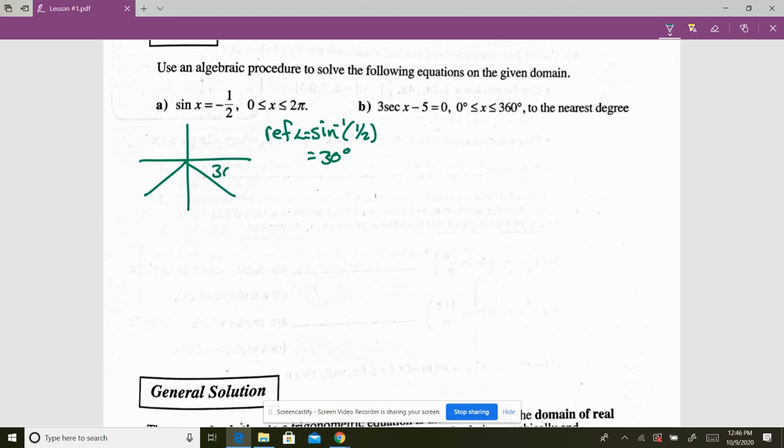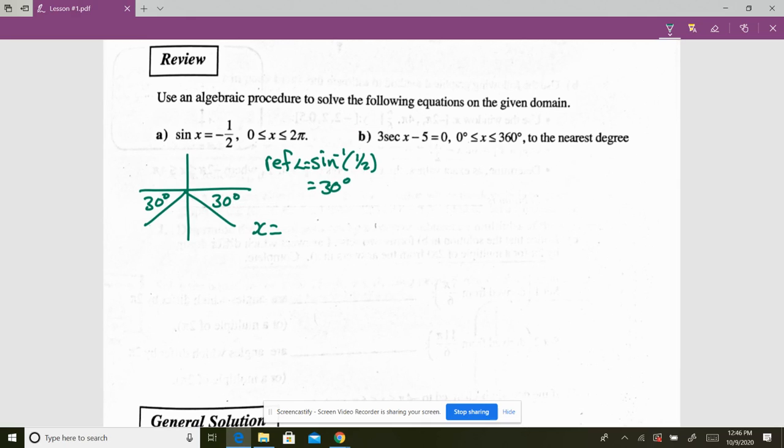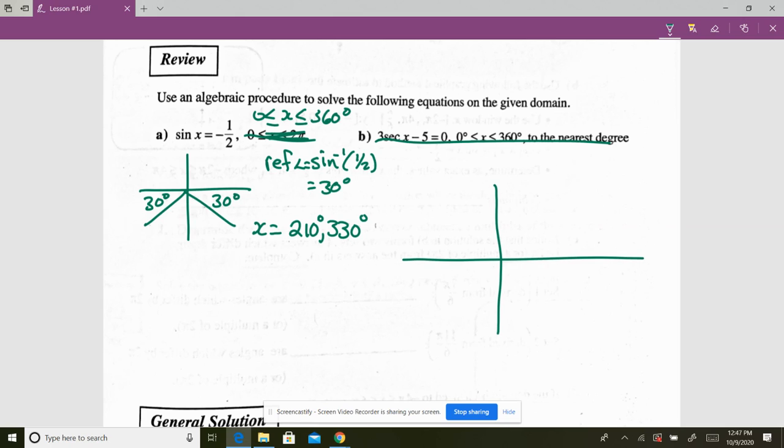Okay, so my reference angle is 30 and 30, which means my rotation angles are 210 and 330. We're just going to do this in degrees, changing the domain here. All right, so it's 210 and 330. So we're not doing this question, so what this means graphically,